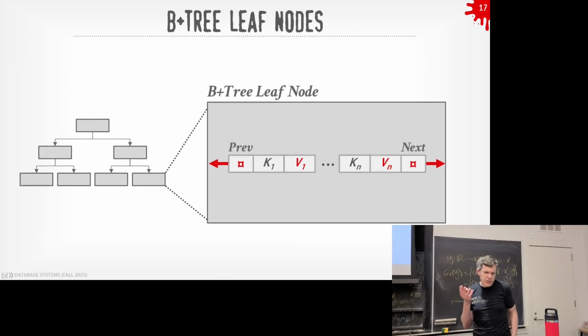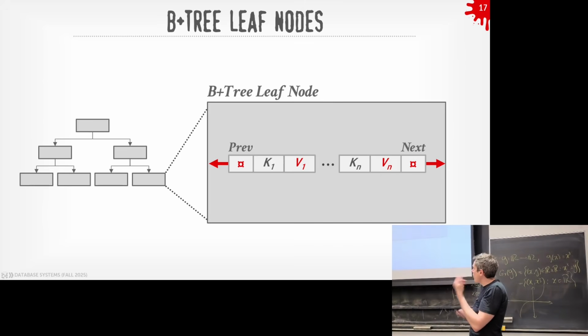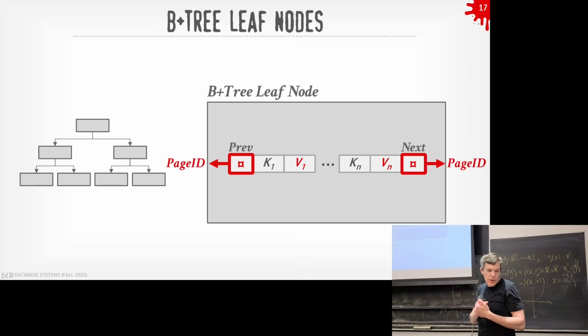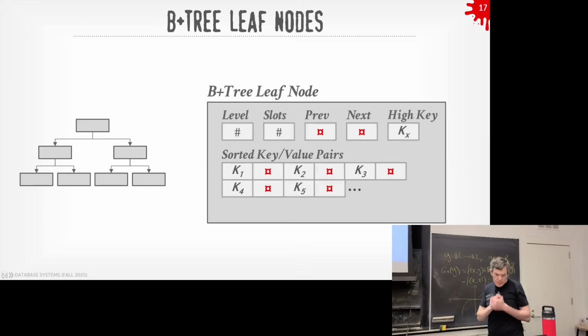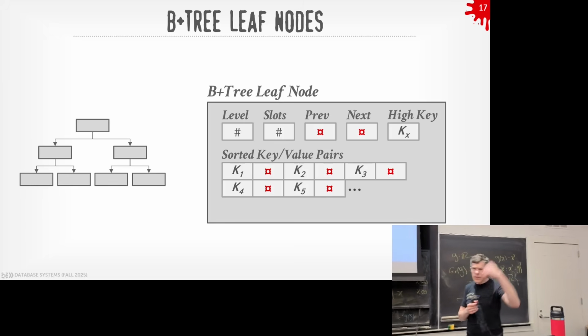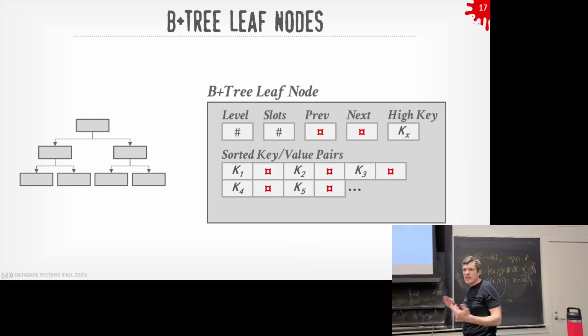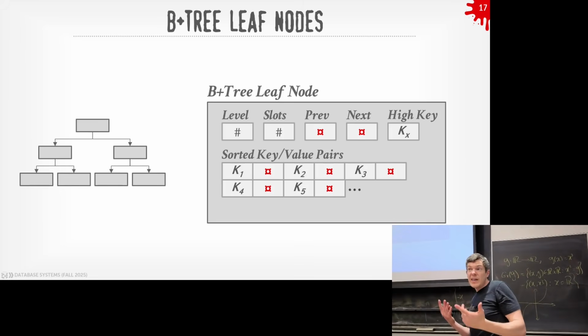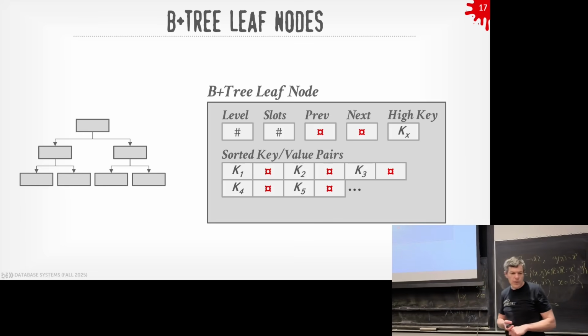So again, I'm showing this sort of diagram in my slides because it has to fit in PowerPoint. I'm showing these key value pairs over and over again. In actuality, a real system wouldn't store it like this. You would have some extra metadata that you would store at the top. They say what level I'm at, how many slots can I store, what's my previous pointer and next pointer. Sometimes there's additional metadata, say how many keys do I have inside here, what's the high key, the max value I can store in my page. Some extra things that make me find data more quickly.